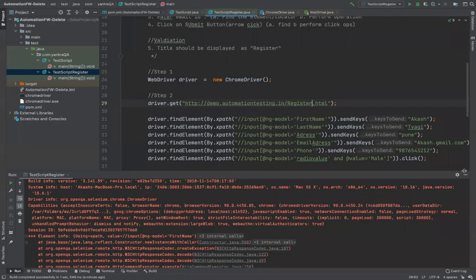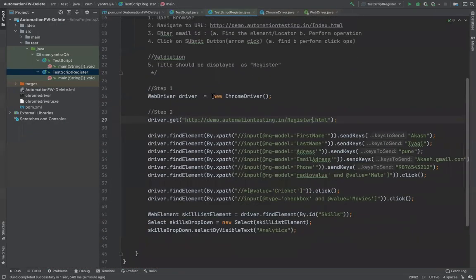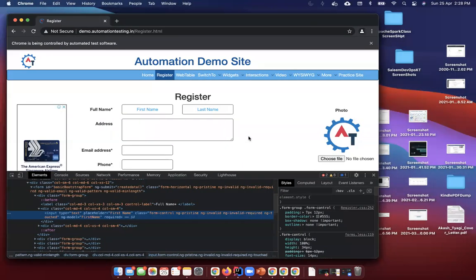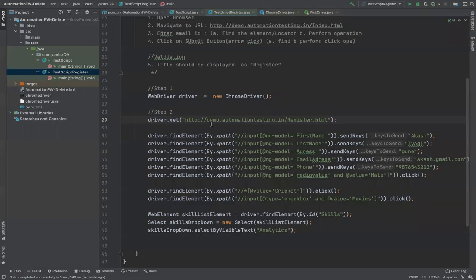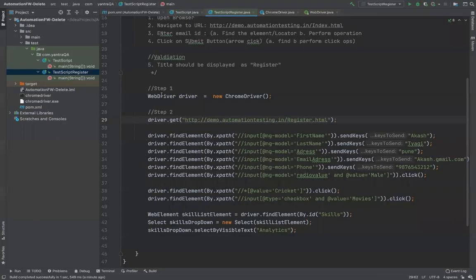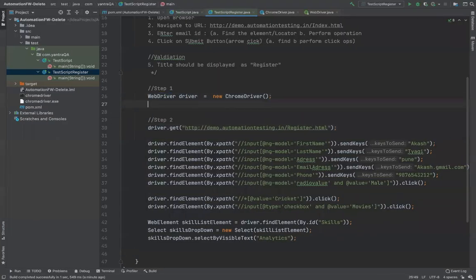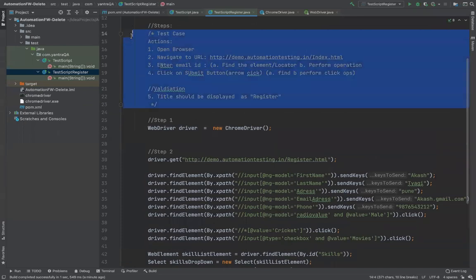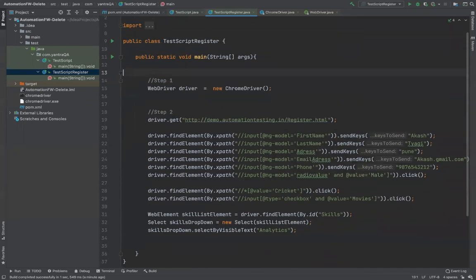Just one last thing I have to talk about is I have to put something here which is called implicit wait, because the speed of the application is not matching with the speed of the code, and this could be the reason why my test is failing in the first place. So after you initialize a driver, you have to put something called implicit wait.